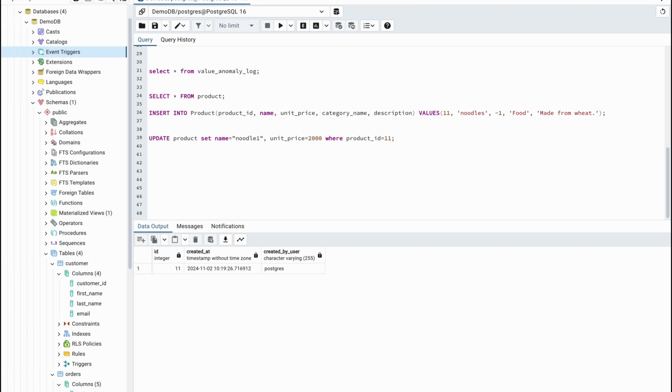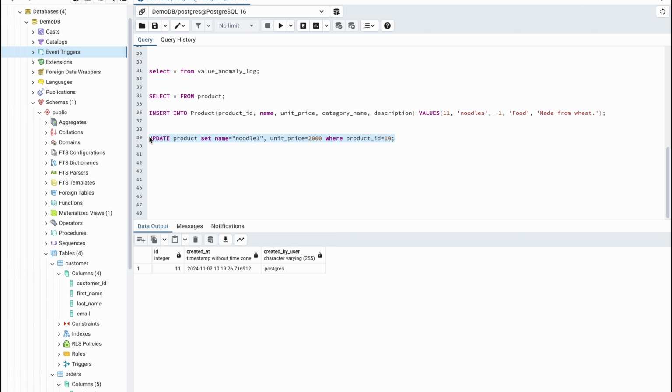So I'll try to change that product ID 11, which we inserted in the above example. You can see your table and also update the other ones as well. So if we try to update this one, or update, let's say, the product with ID number 10,